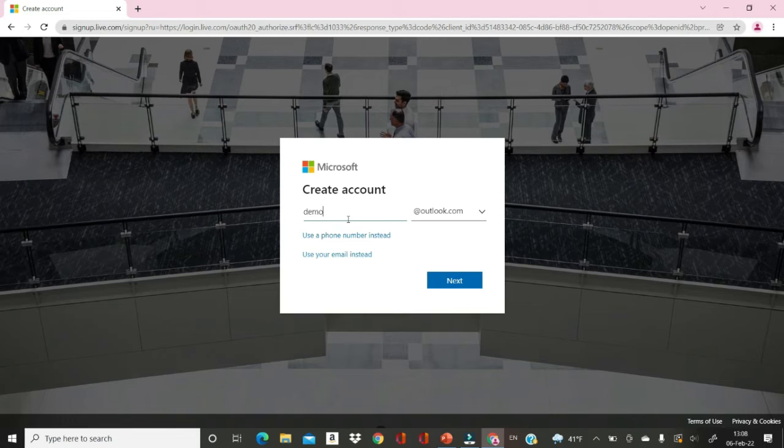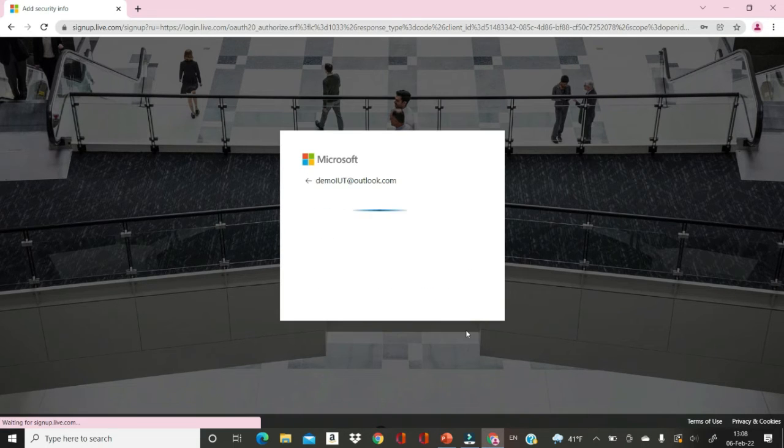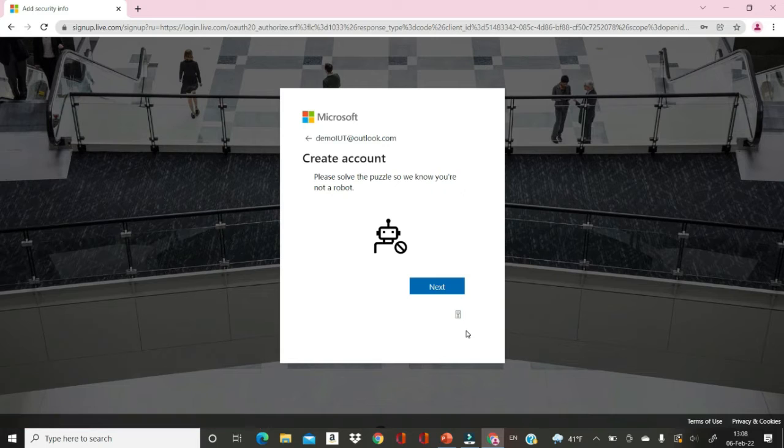I will write here a new email address. Let's say demo ut at outlook.com and next, and then it will ask for the password. Okay, and then next. Then it will give you some instructions like create account, please solve the puzzle so we know that you